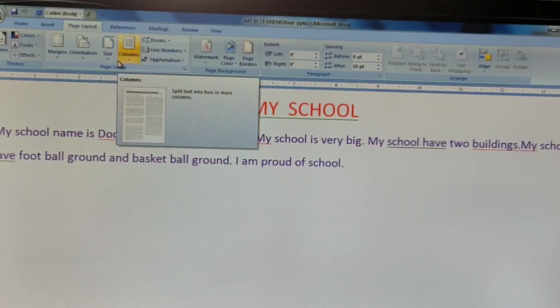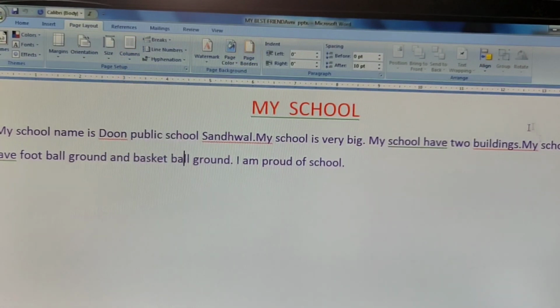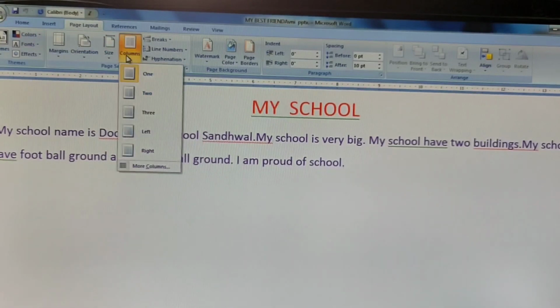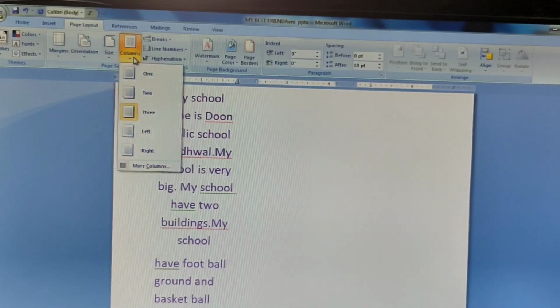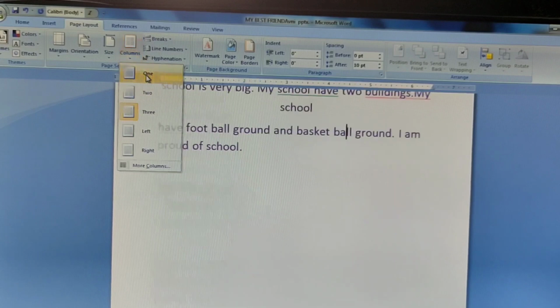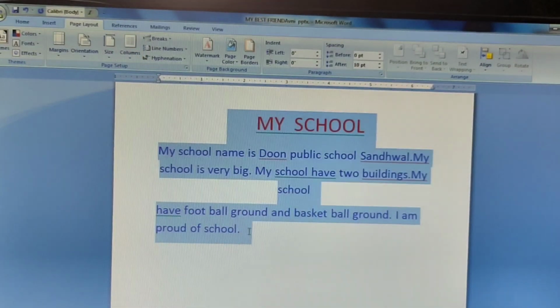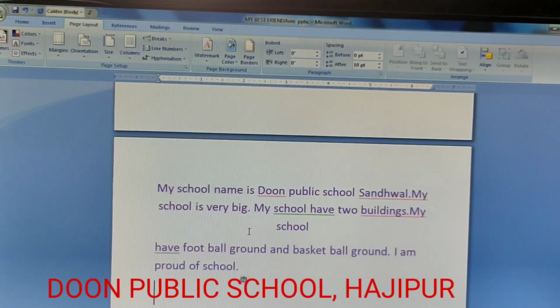Topic is column formatting. How to change my document into different columns. This is my document, column 1, 2, 3, 1, right? I am just copying my text to increase the text for better viewing.